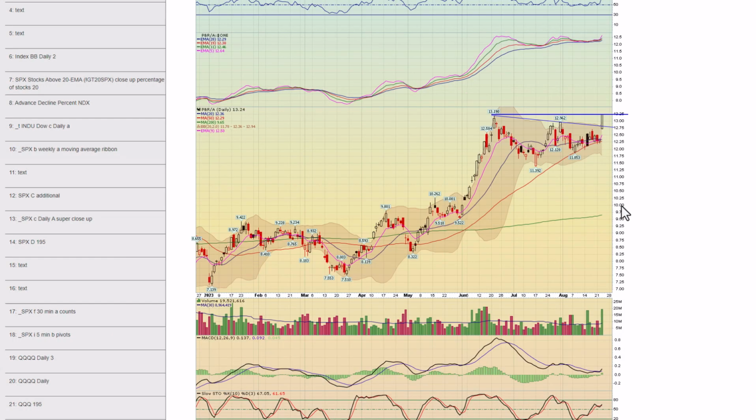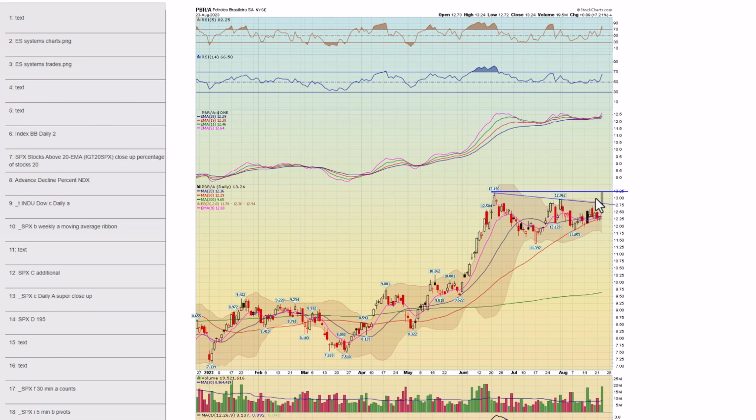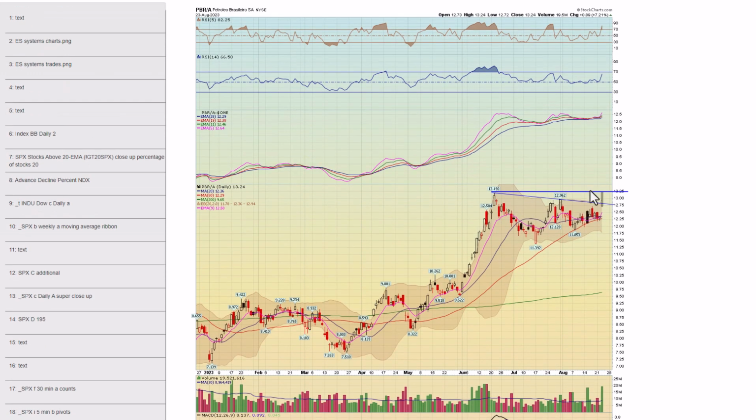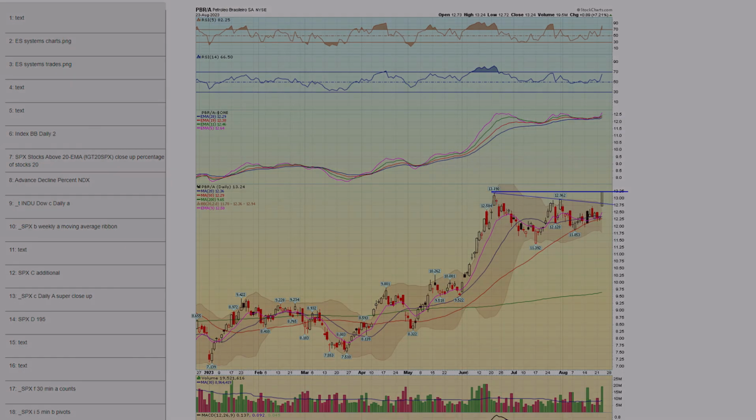Next, here's a couple new setups, and I didn't find much out there, guys. When you have a big rally like today, it's hard to find a lot of longs. Market needs some consolidation for more patterns to show up, but here's PBR. Really nice bullish looking chart. Look at the MACD curling up. Look at the volume patterns, testing resistance.